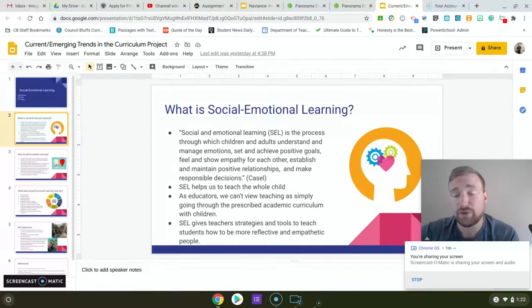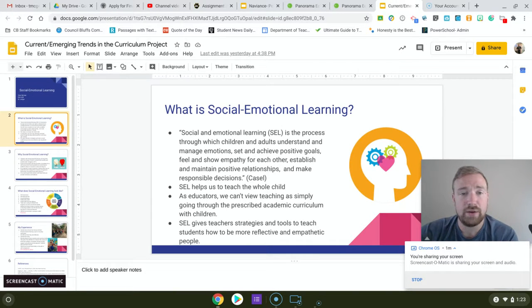So those are all skills, of course, that we want our students to have, and we want them to have practice and to learn and to build from. But those are all things that, as adults, we can all improve on as well. So it's actually beneficial for both educators and for students as well.